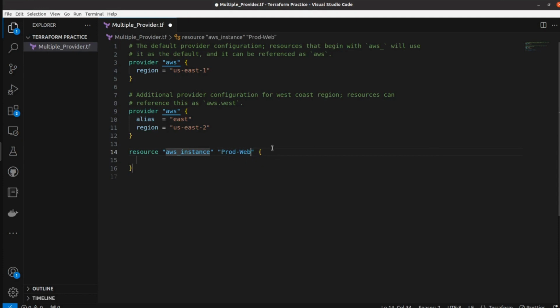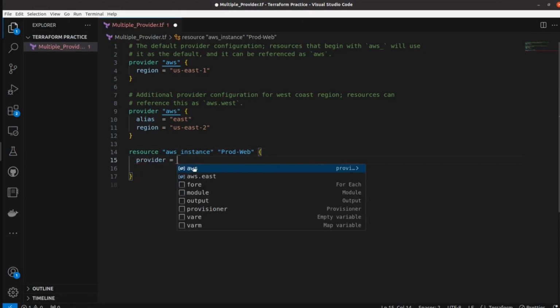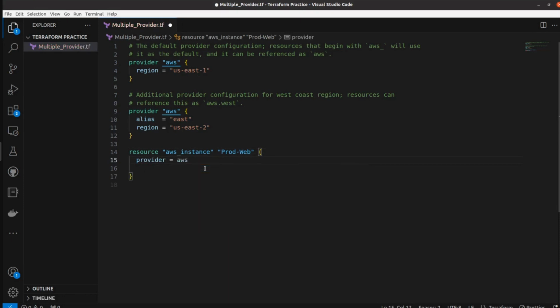So I am going to give the name prod web to that instance. Here we have to define the provider, that will be directly AWS, like for one region we are defining, that is US East 1. And AMI